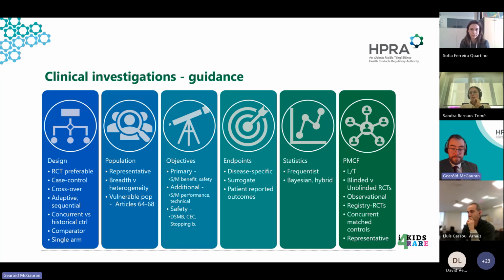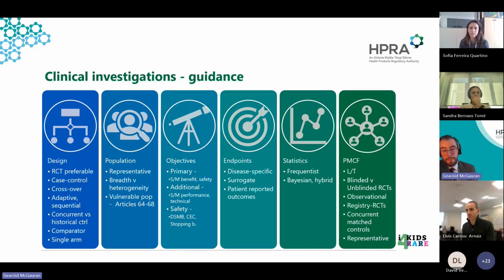Regarding the population, researchers should make efforts to ensure that the population that is evaluated and included in the investigation is representative of the orphan disease. As mentioned, you need to strike a balance between having a sufficiently broad set of inclusion criteria while avoiding too much heterogeneity that could compromise the clinical data quality. And naturally, this is a balance that needs to be made on a case-by-case basis, and it is hard to give granular guidance on that